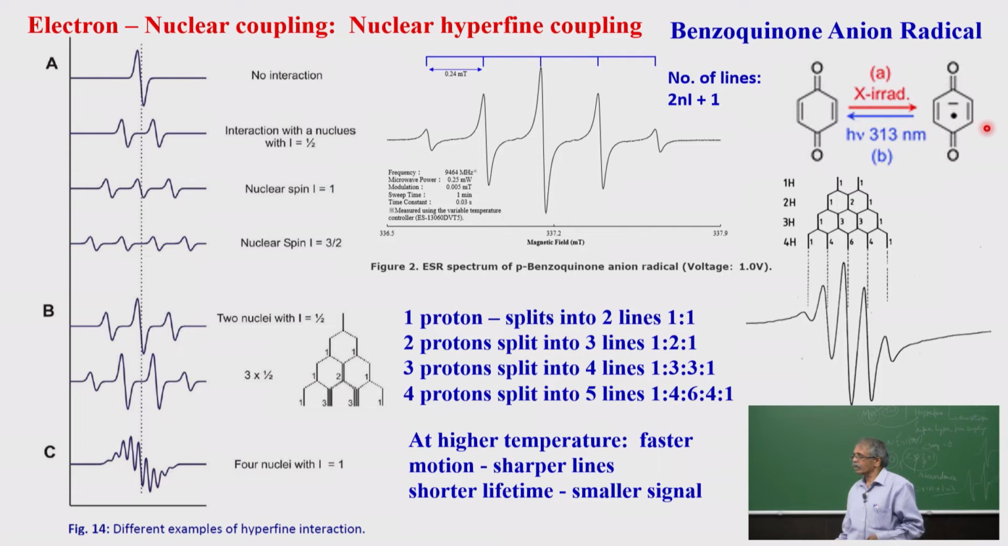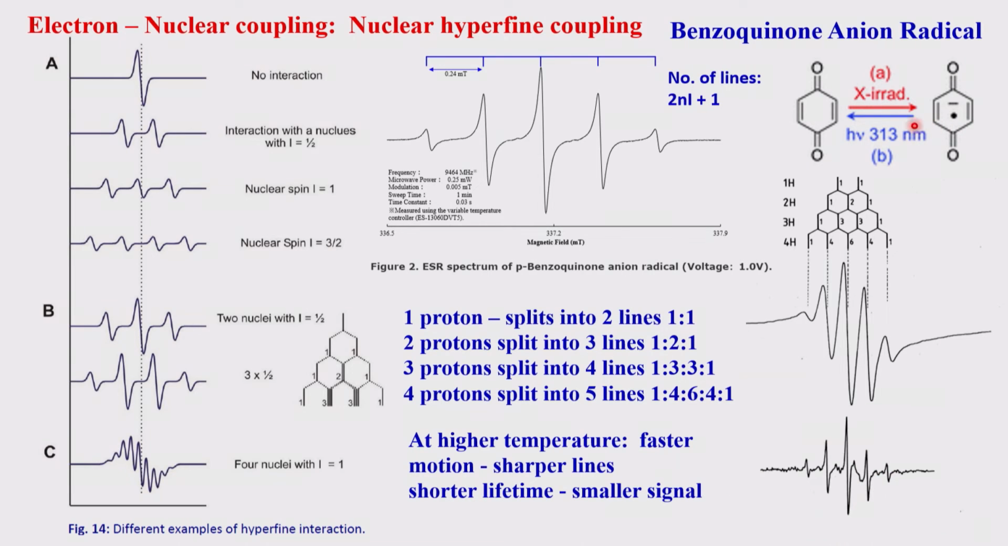So the anion radical will not sit in the middle, will not sit here, will not sit here, etc. It will be moving over the entire pi skeleton. So when it comes here, it will interact with this hydrogen. When it comes here, it will interact with this hydrogen, and with this hydrogen, and with this hydrogen. So that means the unpaired electron, which is moving on the total pi system, will interact with